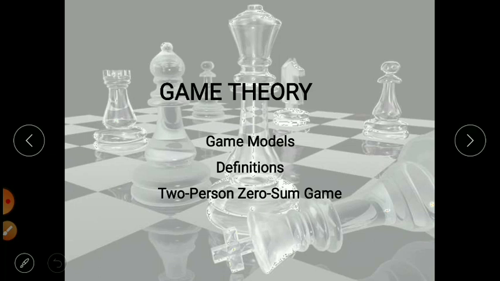Now in today's lecture, we'll be covering the topic of game models, what the different types of game models are, and a few important terms, definitions, and their meanings. What do they convey? These definitions will be very important when we solve problems in the subsequent lectures. And along with these basic terminologies and their meanings, we'll also be learning about the two-person zero-sum game. Now, to start off with,